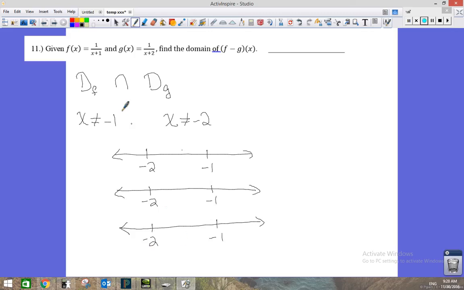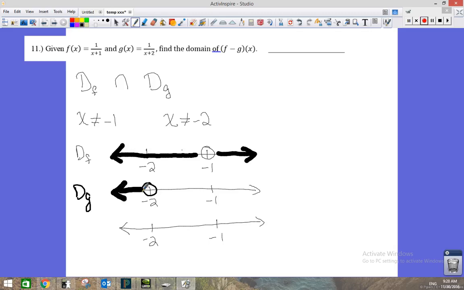And in the first number line, I'm going to look at the domain of f. Well, it was all real numbers except -1. So all of these other values are in the domain. For the domain of g, we excluded -2. But all of these other numbers were in the domain of g. So now for my answer,